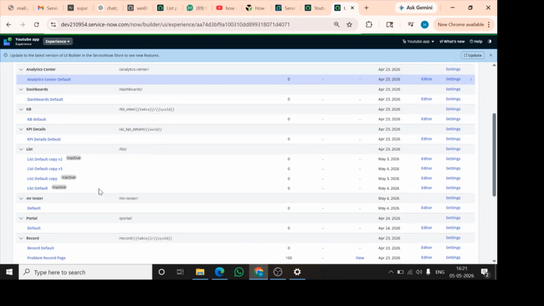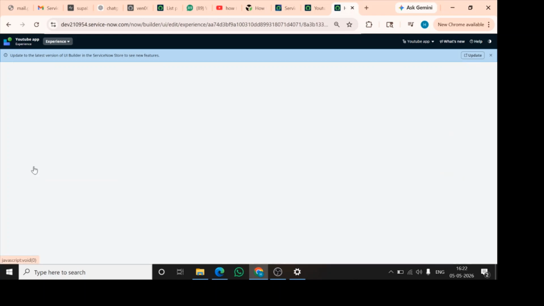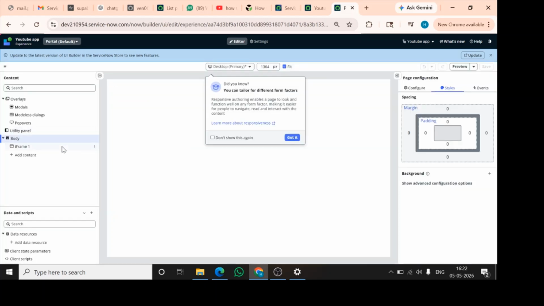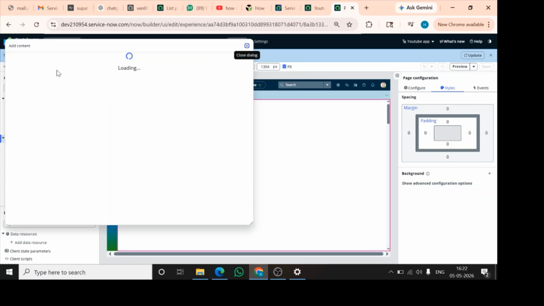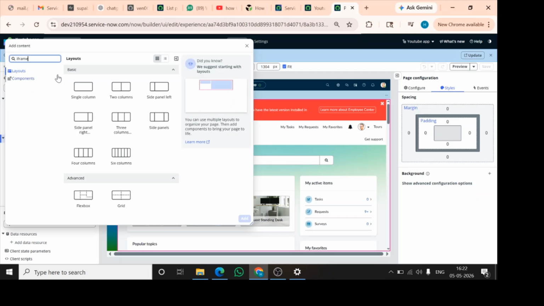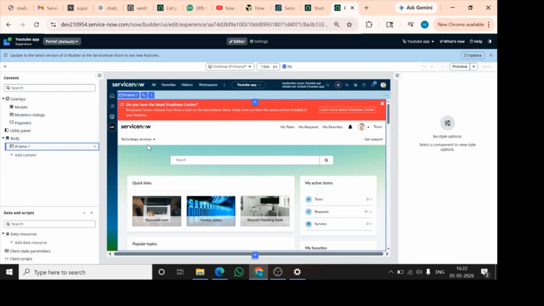So this is my workspace. Here this is the page which is added with that tab, and here we will add the iframe component. Let it load first. So I have already added. If you want to add, you just need to click on add content component, and here you need to search iframe. Once you select it, it will